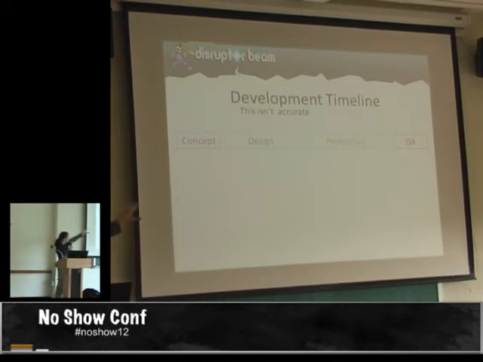Briefly, what a development timeline looks like. You've got a concept for your game. This is where you create the idea for the game. You kind of have that core